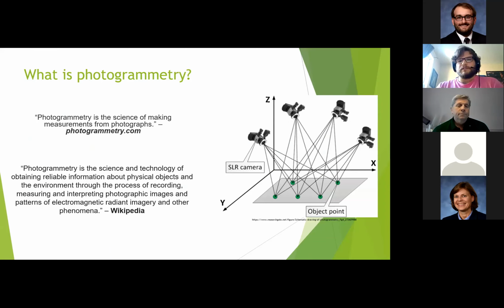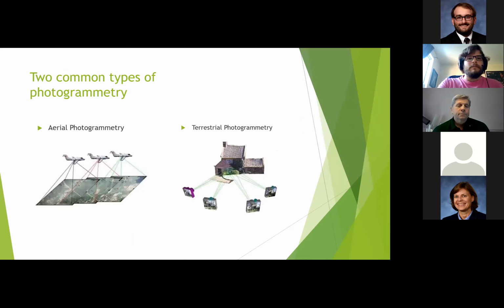With all these overlapping photos over a particular area, it pieces together all these targets and objects in your area of interest, and it uses a trigonometric function to tie all this together and hopefully give you an accurate representation of the features that you're trying to model.